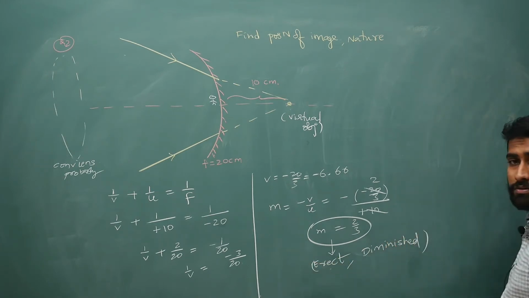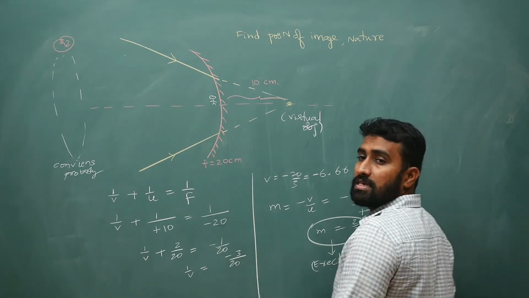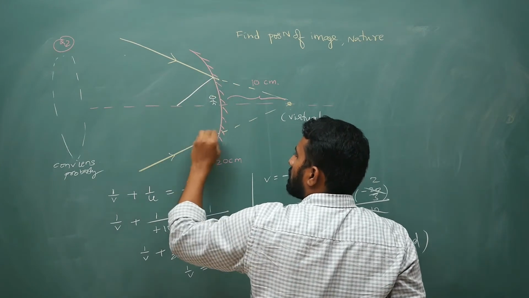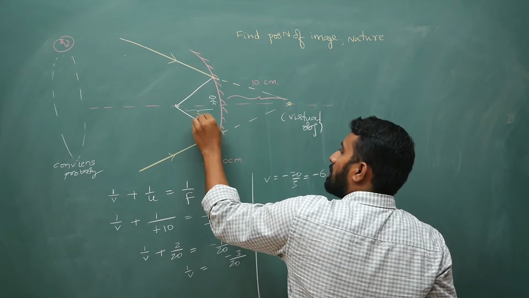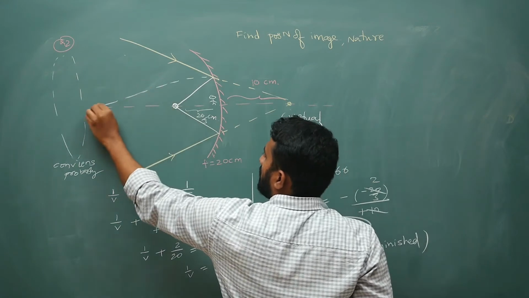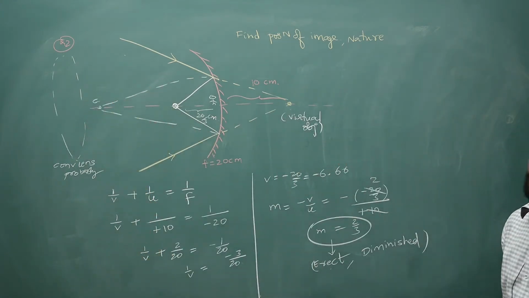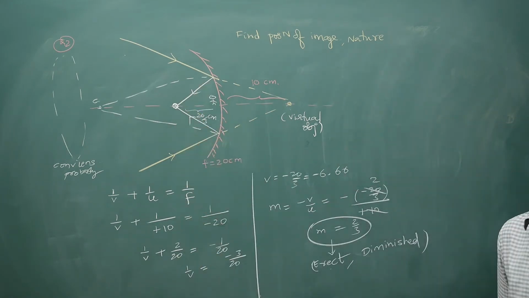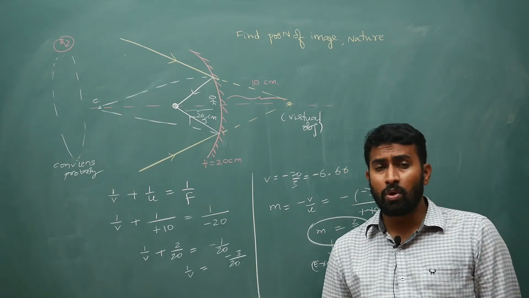And if you are trying to draw the ray diagram, okay, minus 6 centimeter means against incident ray 6 centimeter. So, somewhere here, okay, this distance will be 20 by 3 centimeter, and your normal will be the line joining this center, okay. So, these two rays will come and they will meet here. Like this you are supposed to draw the ray diagram. This is what a virtual object is.